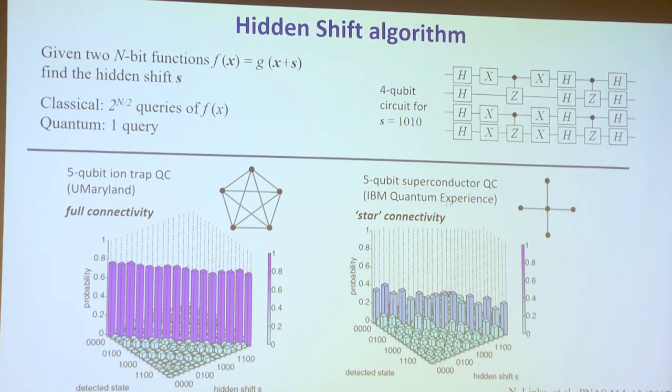Okay? So the lesson here is not that ions, trapped ions, are better than superconductors. I'd say everybody knows that. All right, supposed to get a laughter there, but they're different. Remember, the clock speed is 1,000 times slower with the ions, but they're better connected. So that actually makes up for the clock speed.